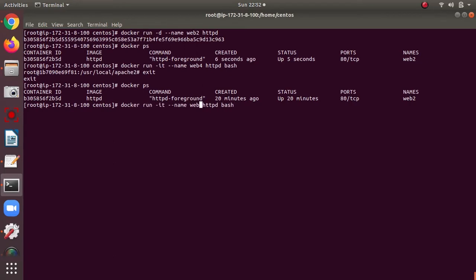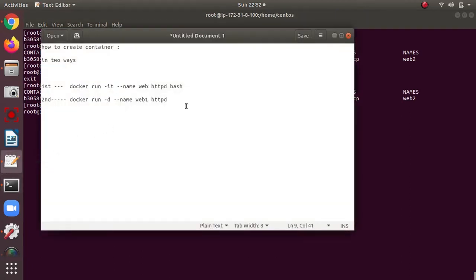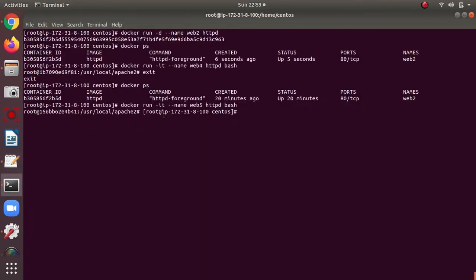For web5 we are again creating a container. If you want to come out of the container without stopping its process, you need to press Ctrl+P and Q together.